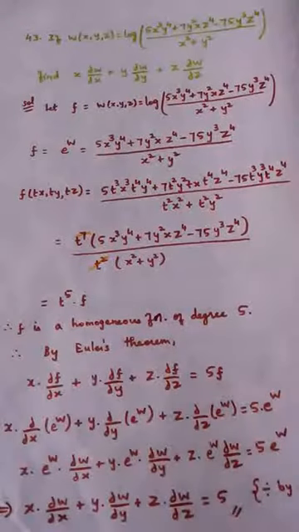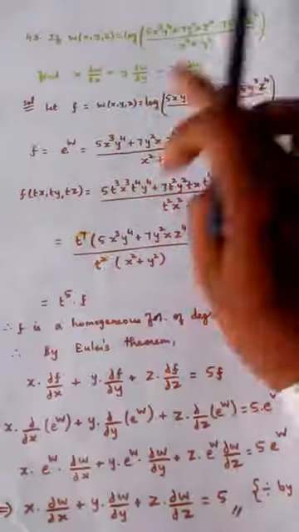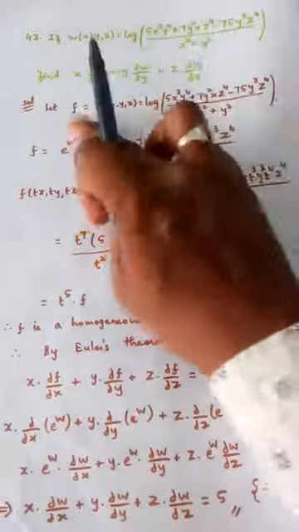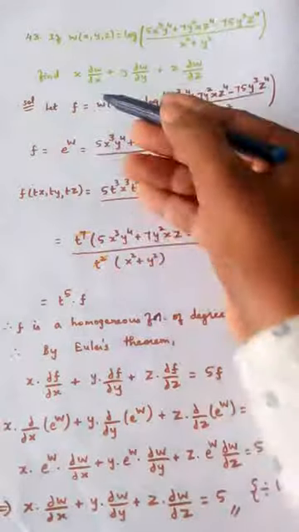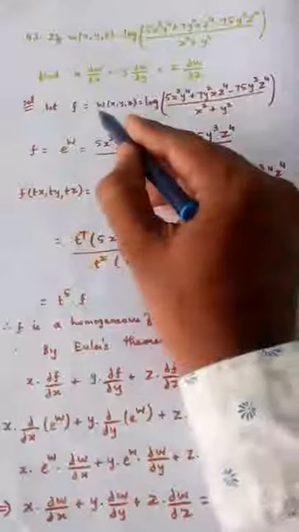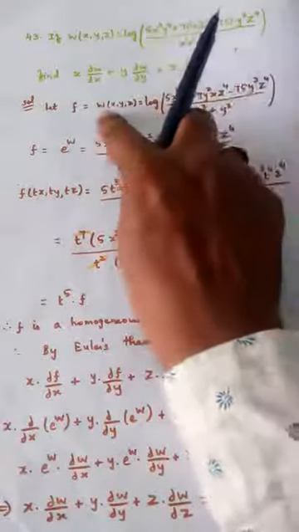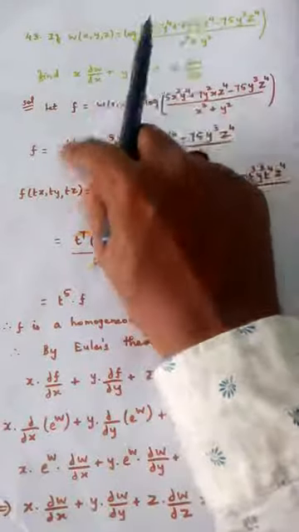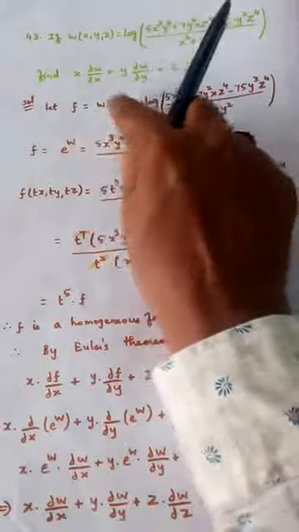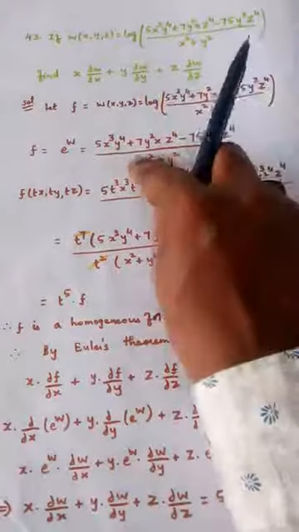So we are starting with f is equal to w of this is equal to this. Actually this is the question. We are introducing one more symbol called f. Now in the next line, log is taken to this side, becomes e power w. Log goes to the other side and becomes e power w, where w is the function of x, y and z. So this term is written here.